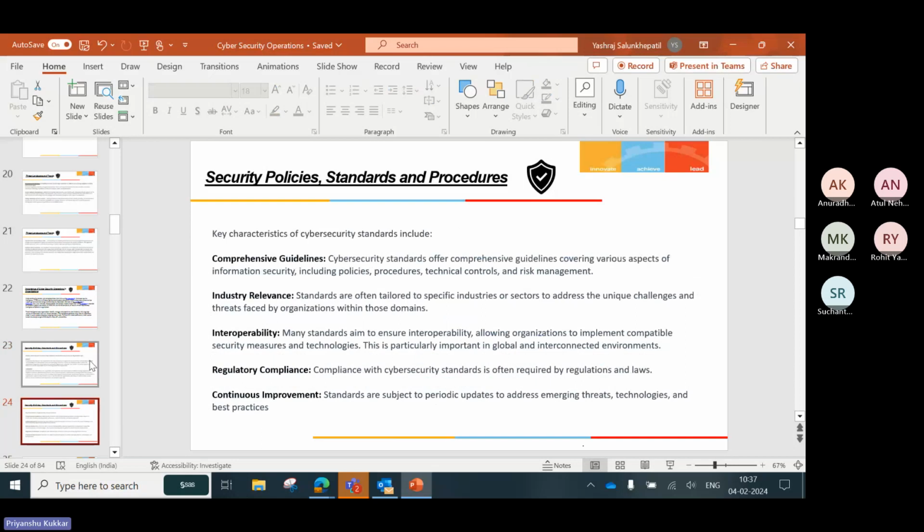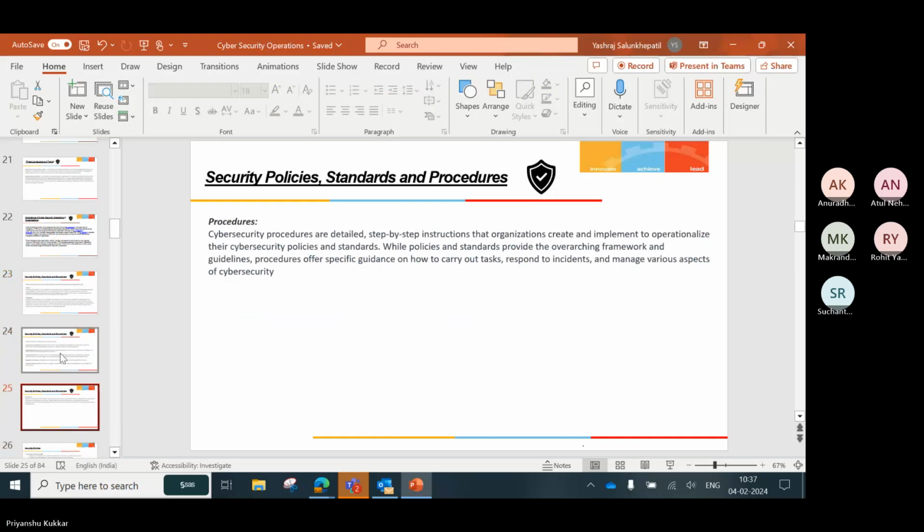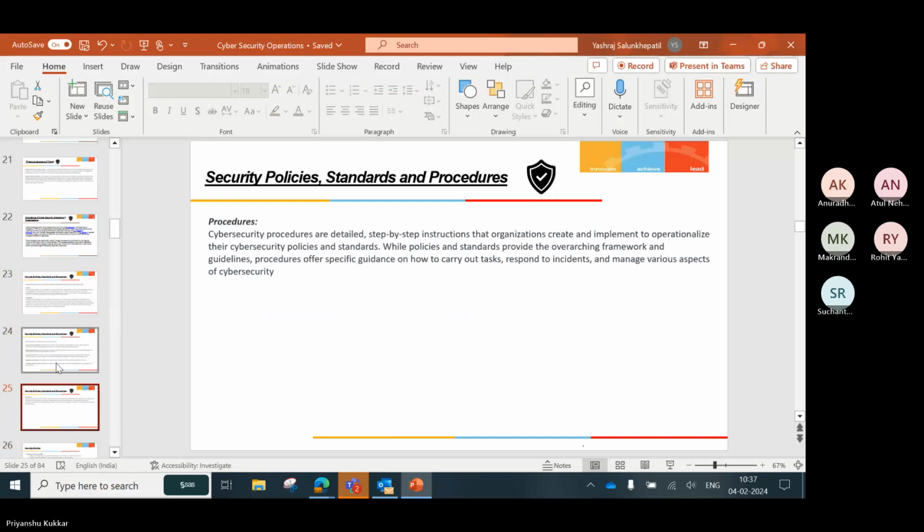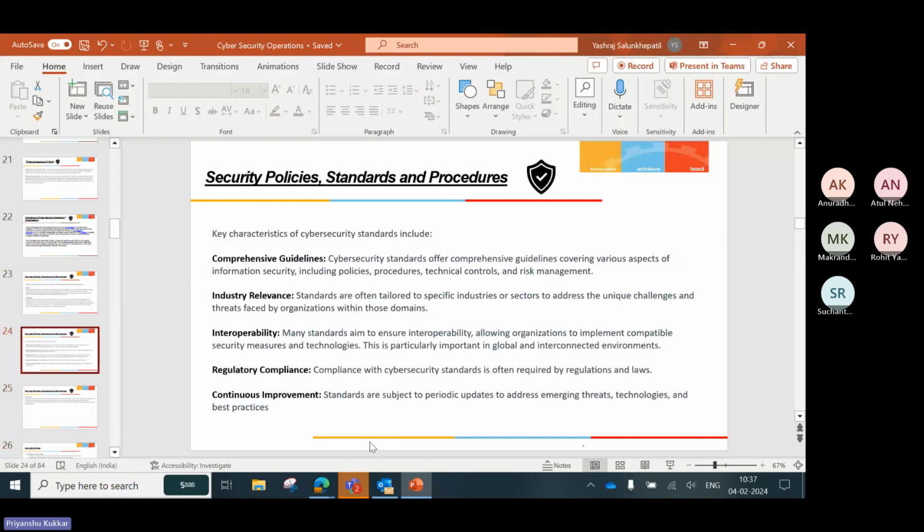then next would be key character, एक second। Okay, anyway, so key characteristics of cybersecurity standards includes comprehensive guidelines, industry relevance, interpretability, regulatory compliance, continuous improvement। ठीक है, कॉम्प्रिहेंसिव गाइडलाइंस इज नथिंग बट कि कैसे होना चाहिए, क्या होना चाहिए। ठीक है, व्हाट आर द गाइडलाइंस दैट आर सेट। इंडस्ट्री रेलेवेंस इज कि specific to industry relevance, so this is standard।